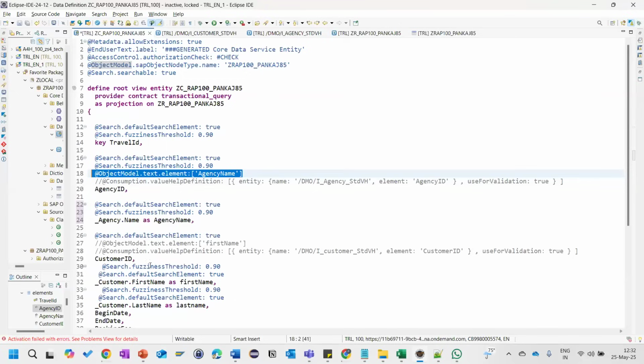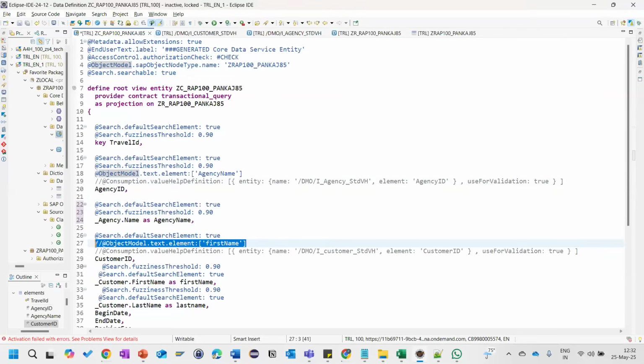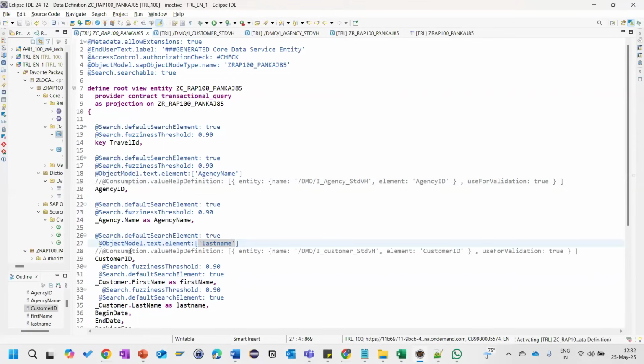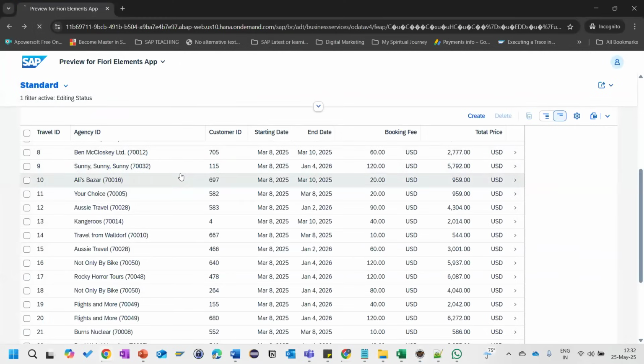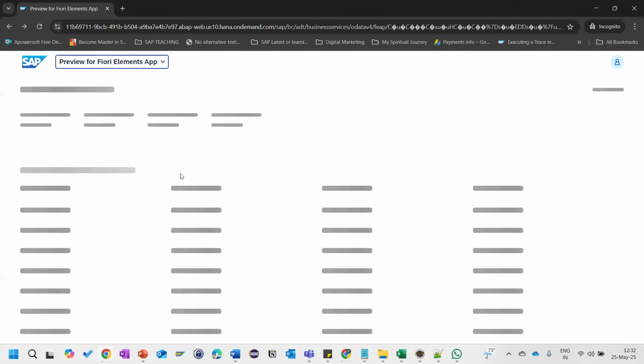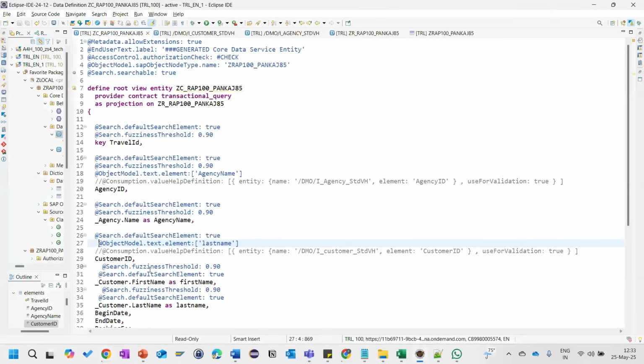So agency name for customer ID, I have this first name or maybe last name. Once it's done, just confirm quickly here in the chat box. Pankaj, here we have a first name and last name for customer ID. Can we concat and use both? Concat, yeah, I think yes, you can do so. Concatenation of first name and last name. Yes, if you want to do the concatenation, let's try that one. I think it should work. So first name, last name, and maybe